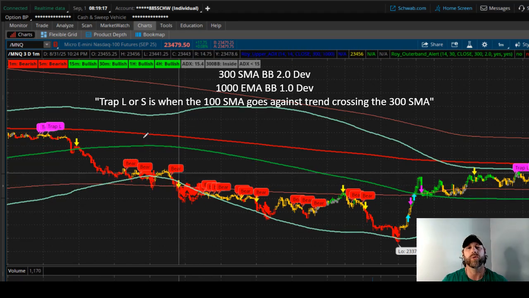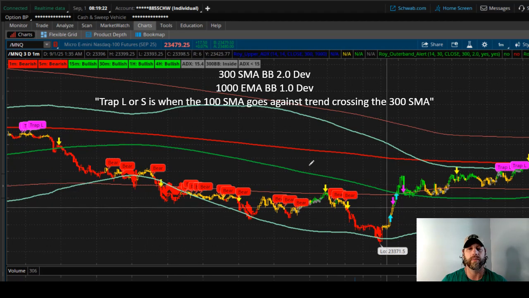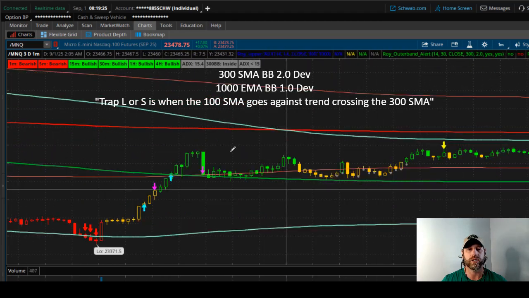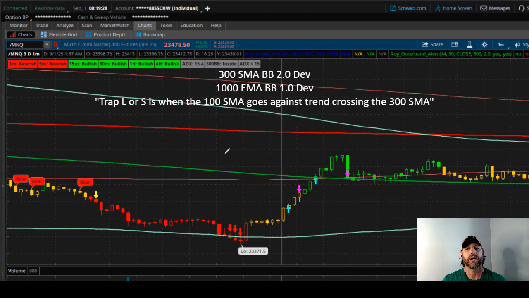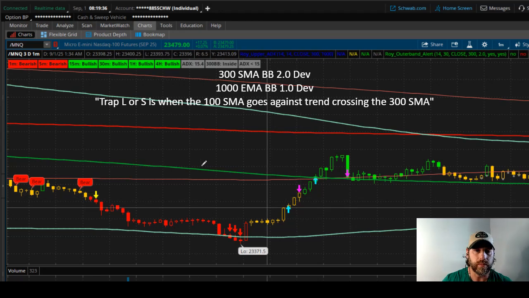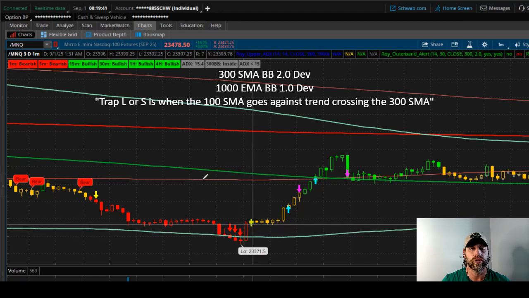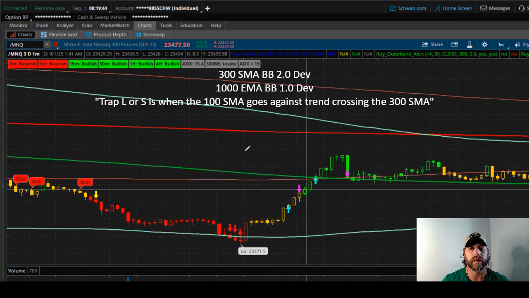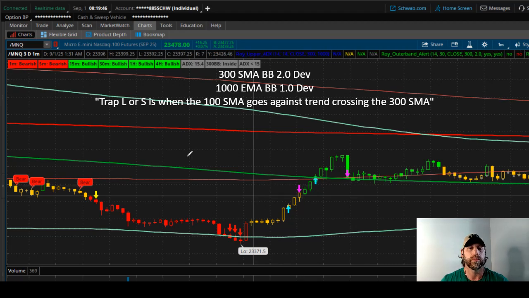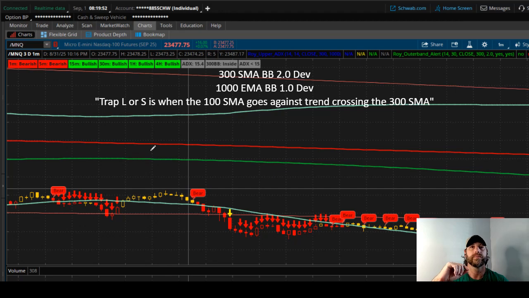So then the second question is, well, how do you get your stop loss? Well, this is based off the color paint of my symbols, which is based off of a 60 SMA Bollinger Band, 1 deviation. So basically when it falls out below the 1 deviation, it's red. When it crosses back in, it's yellow. When it goes back above, it's green. So basically when I get my momentum, if you set a 60 Bollinger Band with a 1 deviation